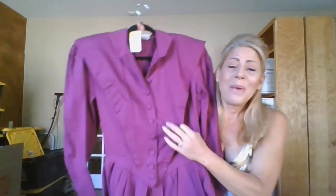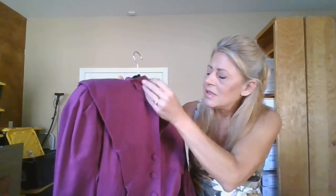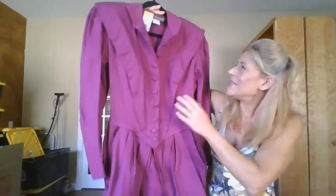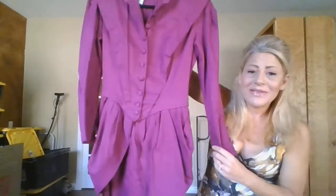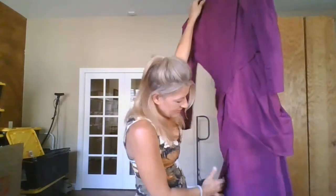I don't know what you call that, but it is a collared, ooh, it's tacked down. So I don't know if somebody tacked those down. Huh. It does have a pointy collar if you wanted a pointy collar. Button down with this detailing, puff sleeve. Again, sleeve detailing with buttons. Very, I don't know, is that military? And then I've got, I don't know, what is this? Like the baggy peplum, slit peplum, pleated, hip accents, with a kick pleat